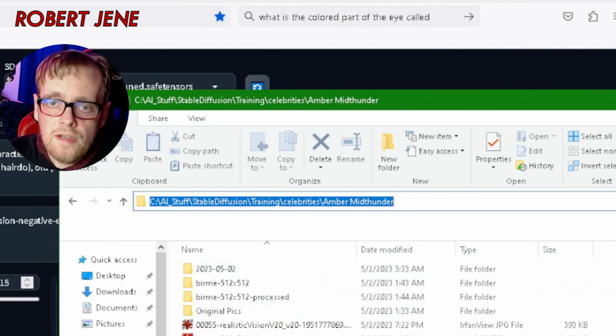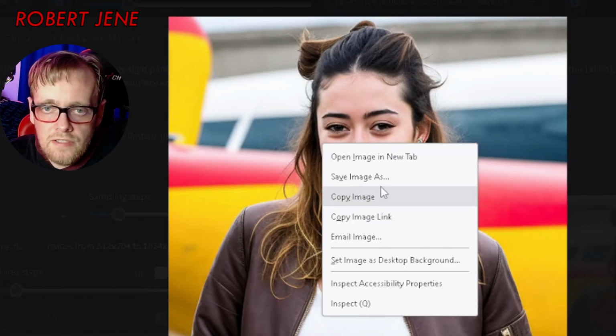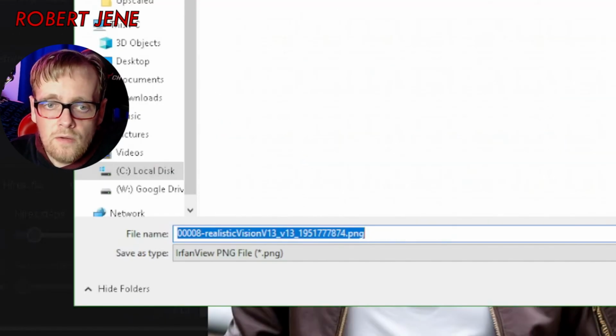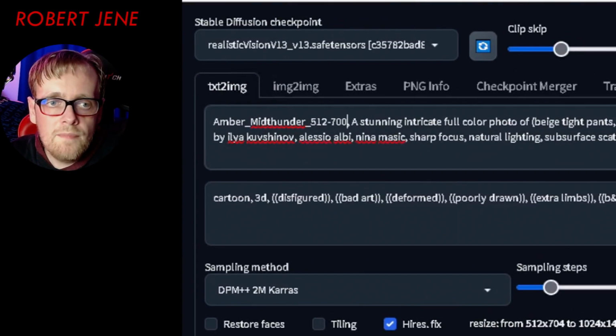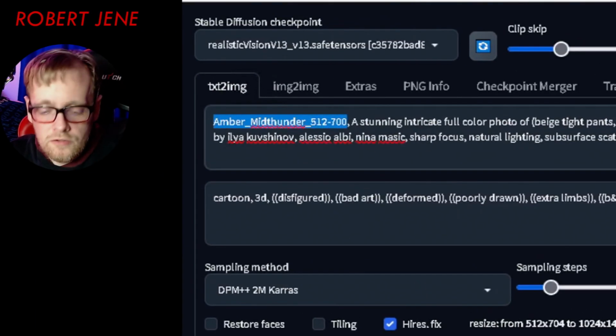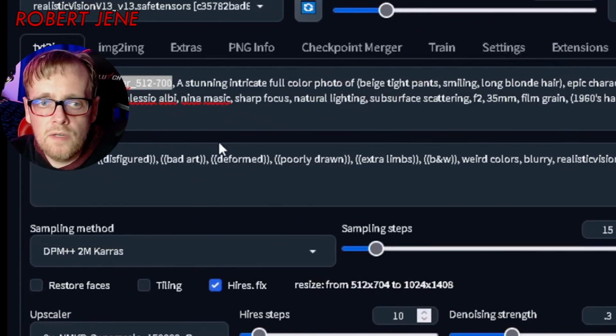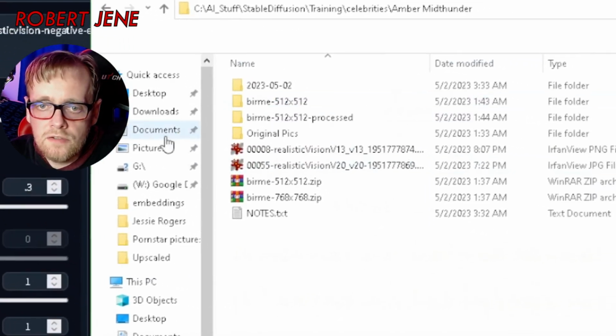I'm going to copy that path, open that up, right click it, hit save image as, paste, and all I have to do is save that and go back, grab this, Control C to copy it, Alt Tab, and what I'm doing is I'm renaming it to be